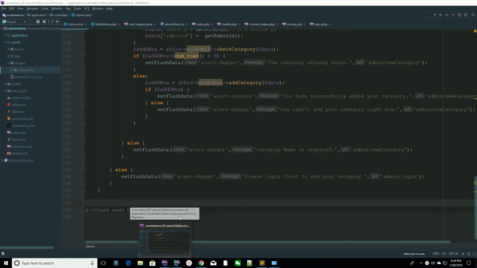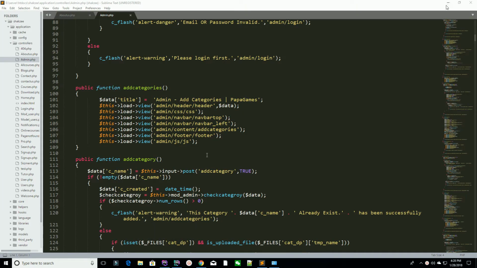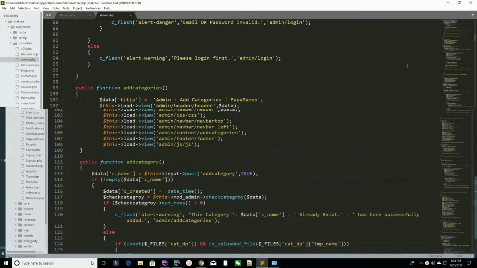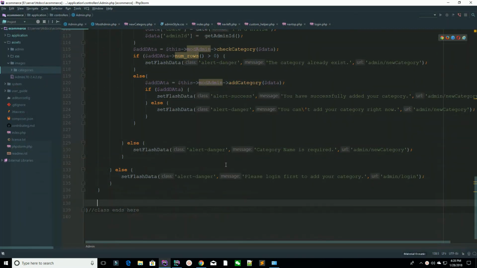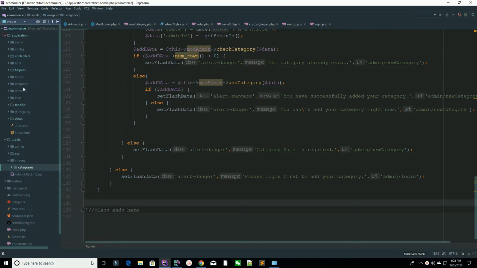Today we are going to fetch all of the records from our database, and we are going to show those records on the admin panel, so you can easily view your categories, and you can easily add or delete your categories, whichever category you want to delete or not. So first of all, go to your